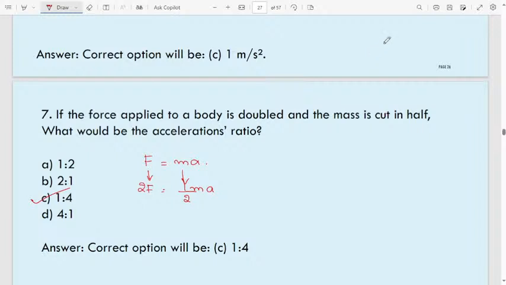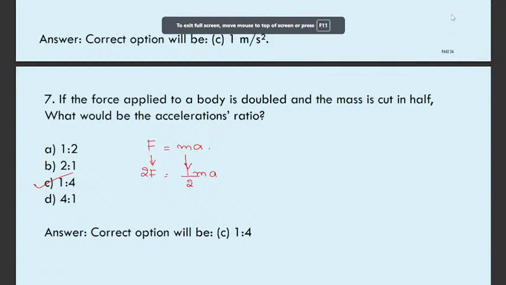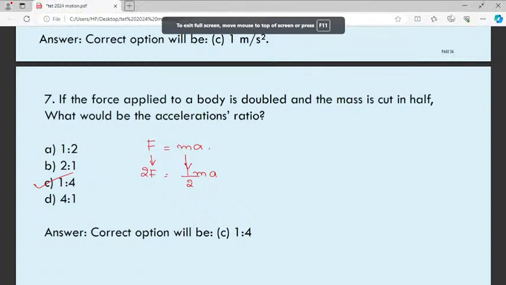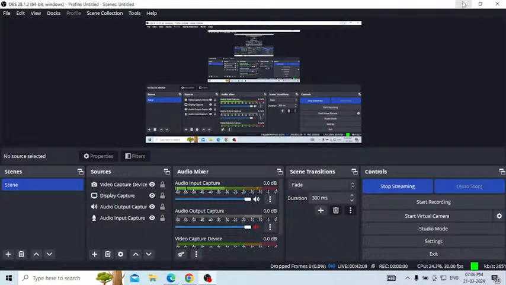Okay, this class will become lengthy still, and I think 20 more questions are there to discuss with the same topic, but already 40 minutes are over. I will do motion part 2, the same set of MCQ questions, in the next class. I will upload the theory part of this motion today night. Please go through that class, then you can easily answer the remaining questions.